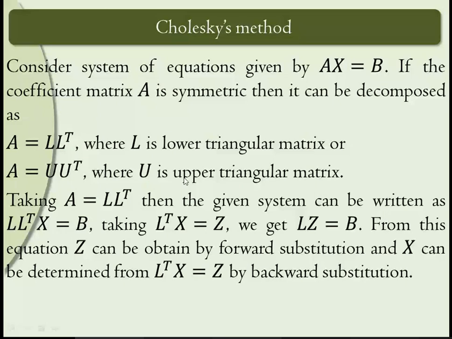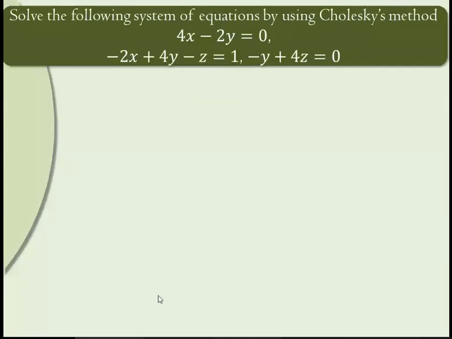Okay. And then simplifying that, first find the elements of L, or if you take this equation, then first find the elements of U by taking the product and equating with the corresponding elements of A. Then use substitution, get the Z terms, and using Z, get the value of the X term. Okay, so same as LU decomposition, if you remember that, then this will be quite similar to that. So we'll take a problem, then understand how to make use of this to solve the problem.